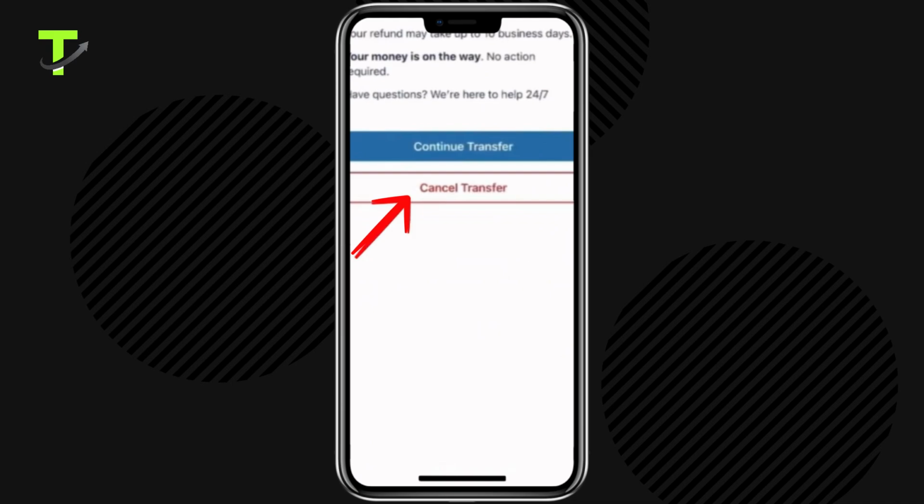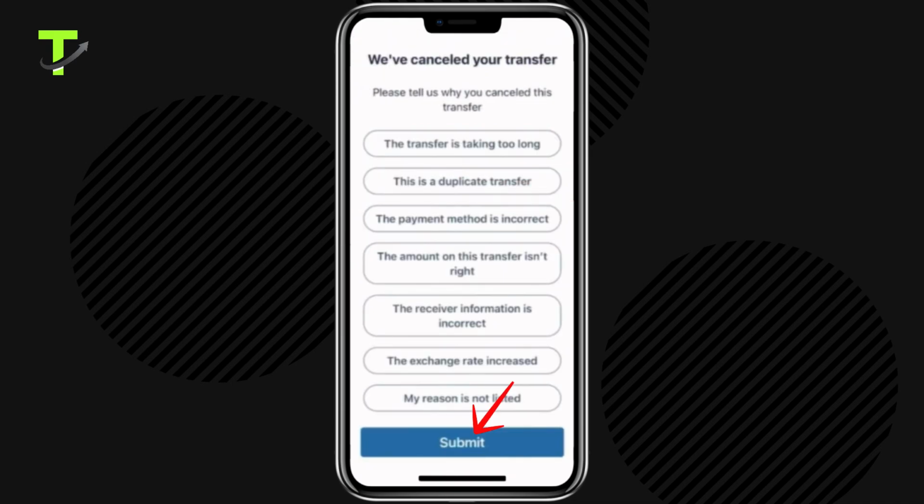Tap on it, and a prompt will appear asking for confirmation. Read the details carefully and tap Yes, Cancel or Confirm to proceed. You should receive a message confirming the cancellation. The transfer will now show as canceled in your history, and you may receive a notification or email confirming the